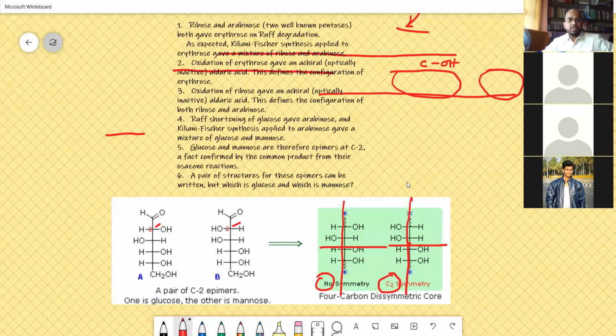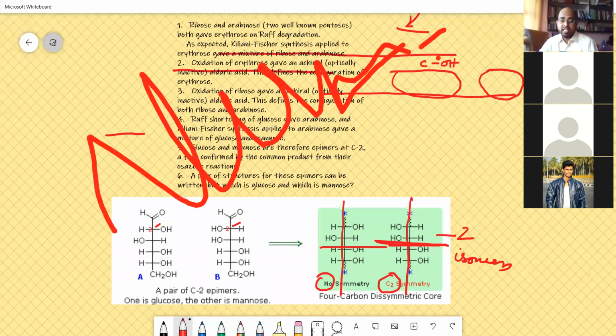Okay, so glucose and mannose: we lengthen the chain, then we shorten the chain, and we get back the same products. So finally we have to conclude whether the newly introduced carbon atom is symmetric or asymmetric, and then we have to draw this structure and suggest that there is a plane of symmetry here. Therefore, you get two isomers. And the one that we measure is that in which OH is on the right side. Therefore, we establish it as D-plus-glucose.